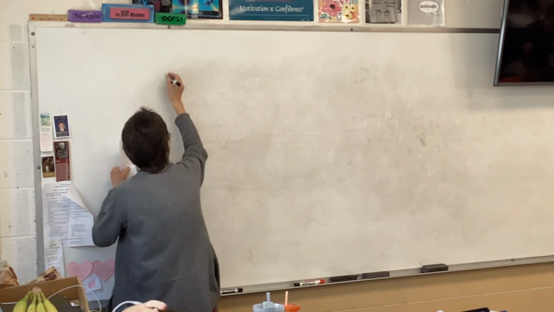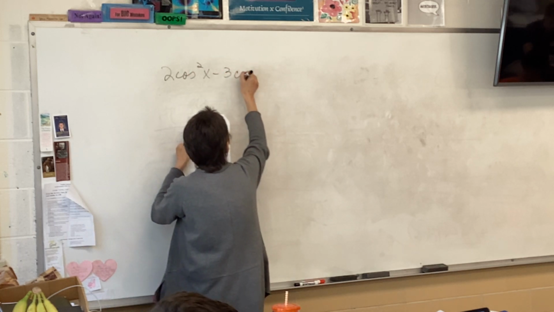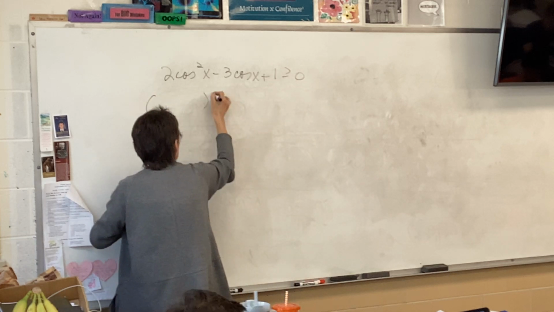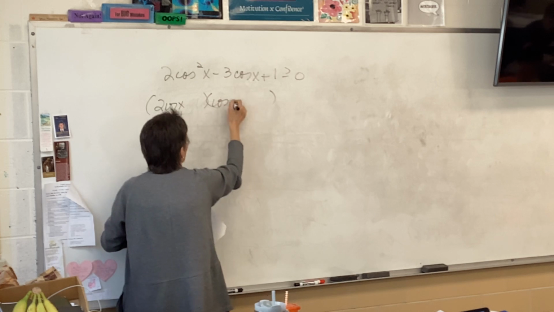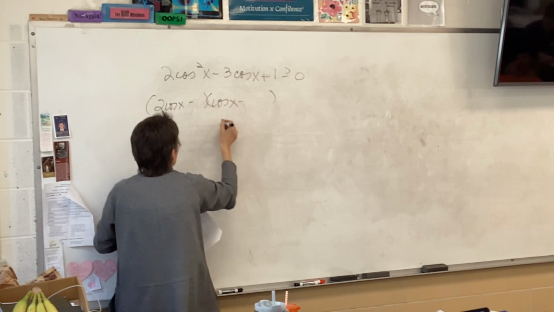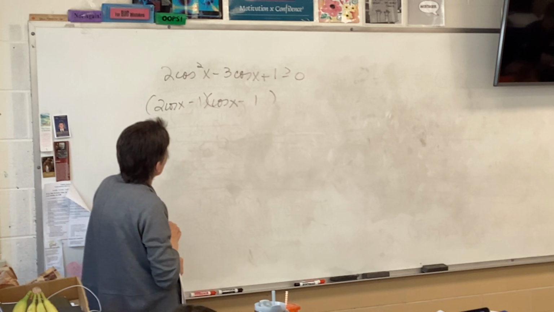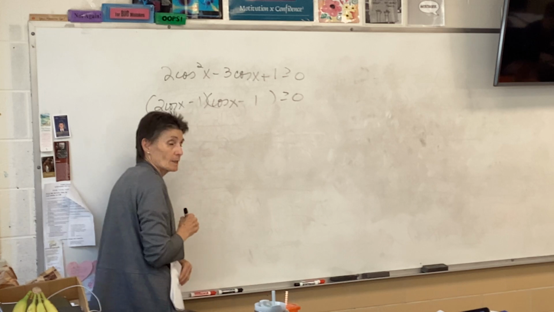All right, so hopefully this guy factors. Does he factor? Yeah, I'll do that. All right, so we've got (2 cosine x minus 1)(cosine x minus 1). Is that how it factors? Okay. Now,